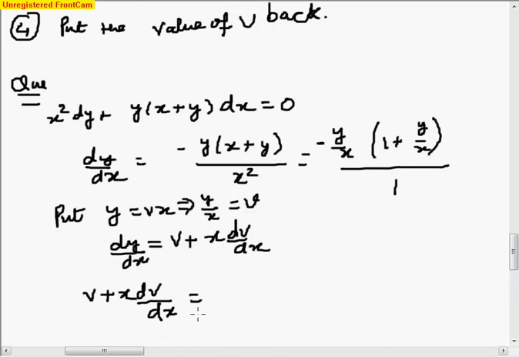So right hand side is minus v upon 1 plus v. Actually what you can do is just replace your y with v and x with 1. If your equation is homogeneous, the basic thing is that you have to do like this, but it is the same as replacing your y with v and x with 1, right? So what I got is